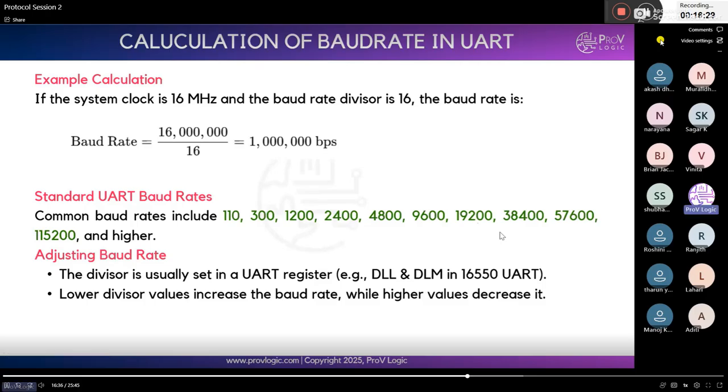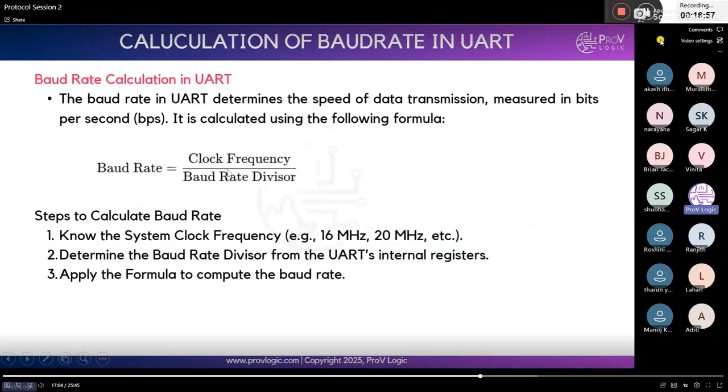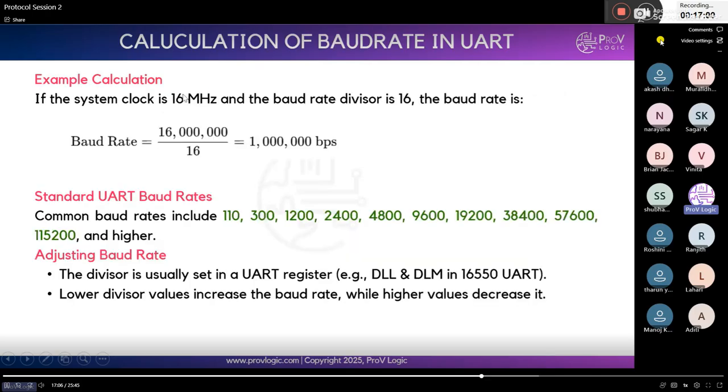But still, if you want to calculate, suppose the system clock is 16 megahertz on both the receiver side and the transmitter side, and the baud rate divisor is 16. 16 is mostly fixed at the receiver and transmitter side, because mostly we use 8-bit data. That's why 16 is mostly constant. Then how do we calculate the baud rate? Clock frequency divided by baud rate division. The clock frequency is 16 megahertz divided by 16, so the baud rate is